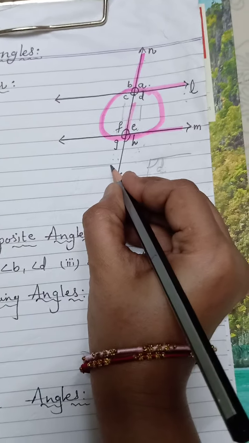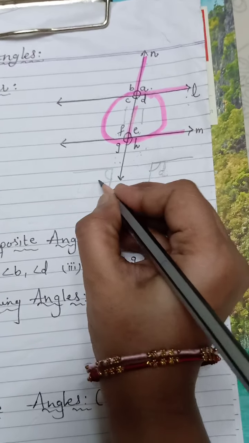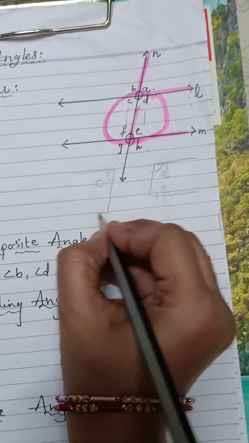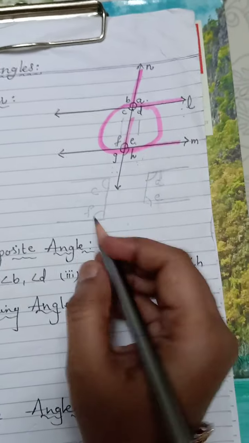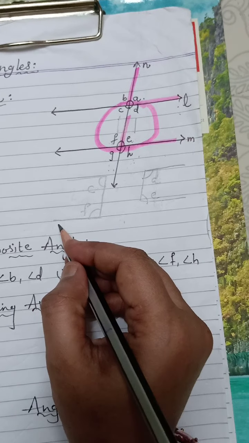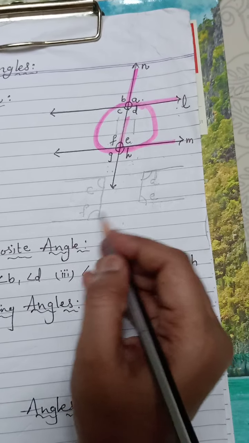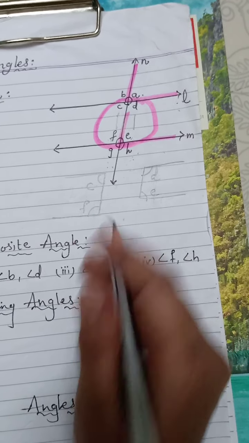Same way I'll show here also. If I take angle C, this is our angle C, and with this angle C, if I take angle F, see, C and F. So again it is making a bracket-type figure. Whenever we are taking the bracket-type figure, this is called interior angles.